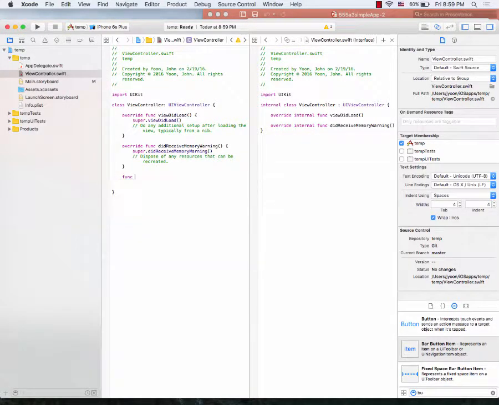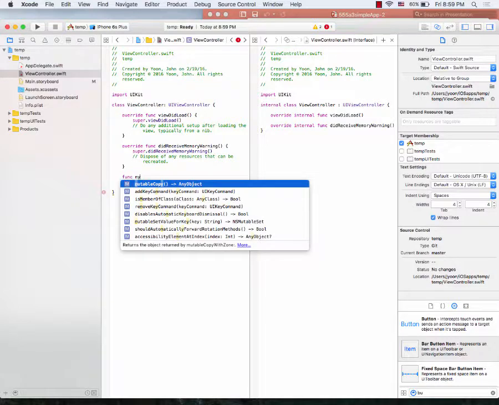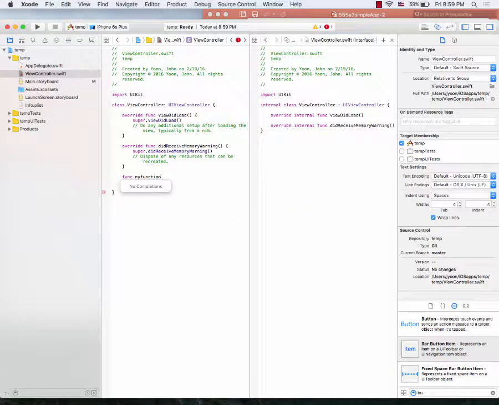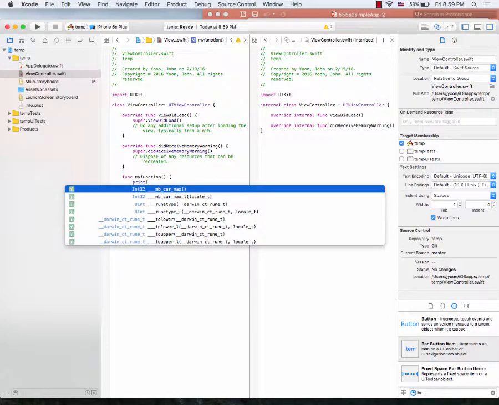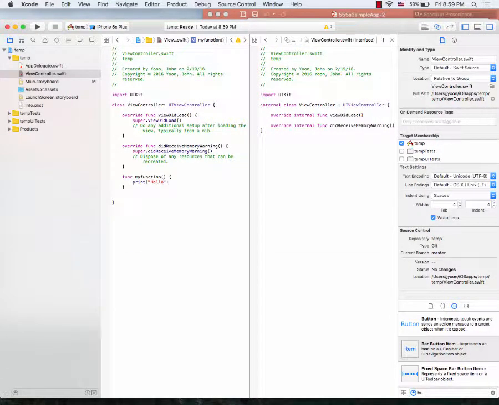If you create a function, you can simply type func, then my function, open and close parentheses, and then you can simply print hello. And this function needs to be called from the beginning